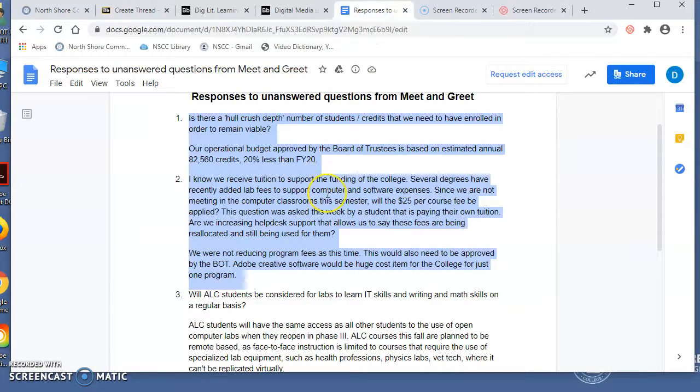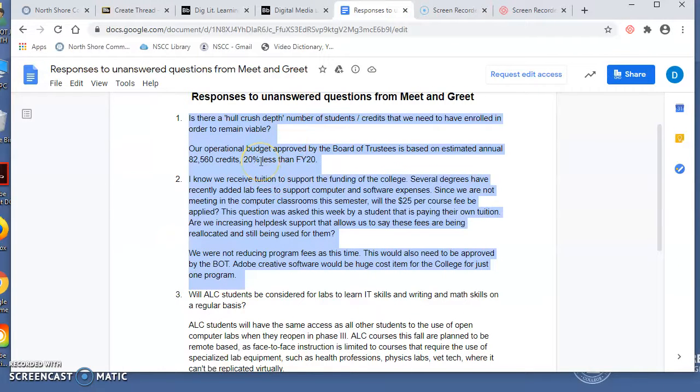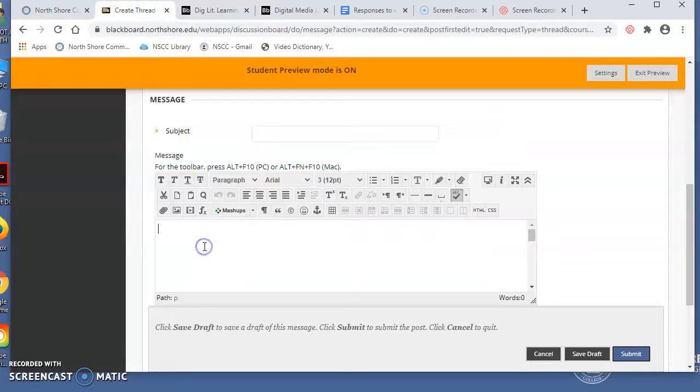But one thing you should do is open up a Word doc and work from your Word doc, because I guarantee you, if you start trying to do this and walk away from this screen, you're going to time out and you're going to lose all your work. It happened to me many times, and it's infuriating. So you open up this before you even answer any of the questions, cut and paste any questions, and then start working on this. Then when you're finished, you go over it, and then you just literally cut and paste that thread.